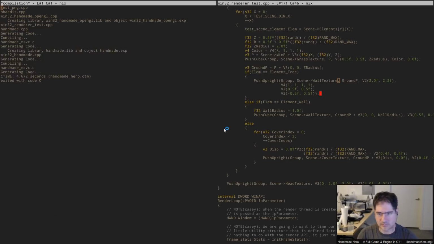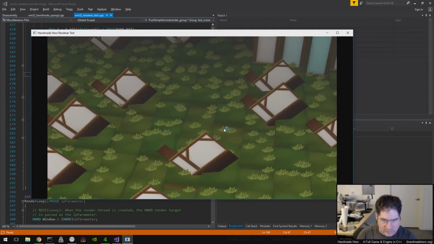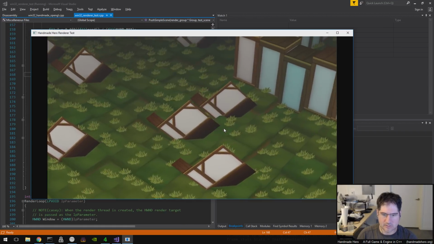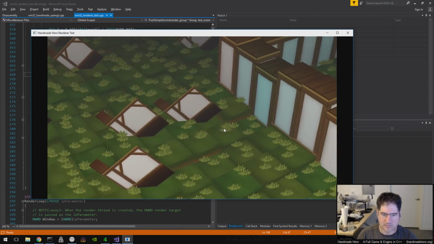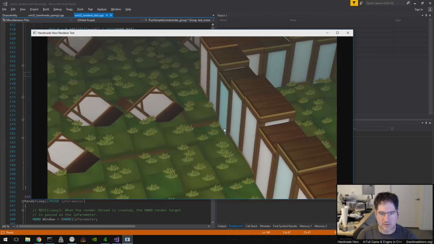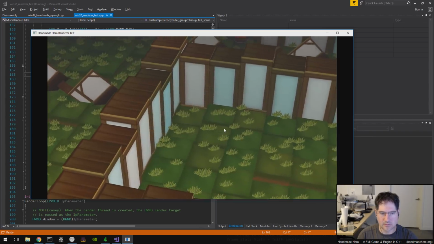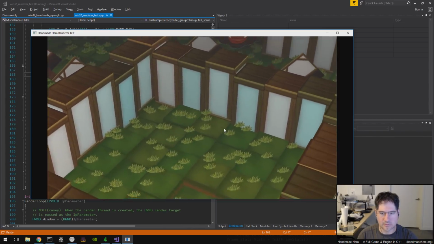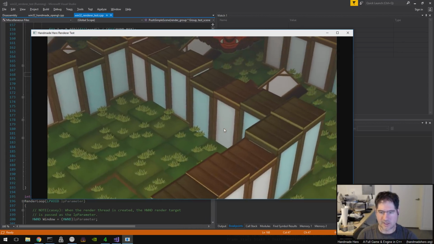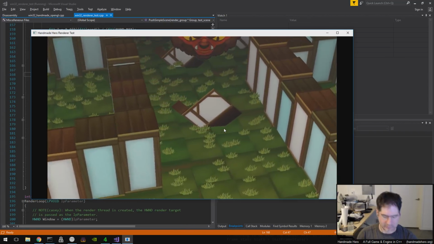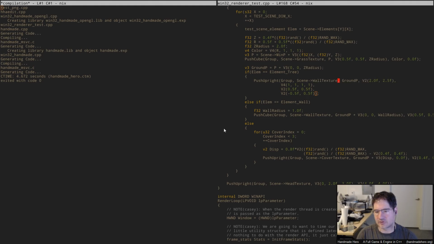Oops. I don't know why I did that. That's not what I wanted to do, although I do want to test that. Let's actually test that real quick. Make sure we don't get any collapsing here. I don't think we should, but... seems okay. They always seem to retain a reasonable amount of their surface area. So if we go back and switch to the tree texture here,